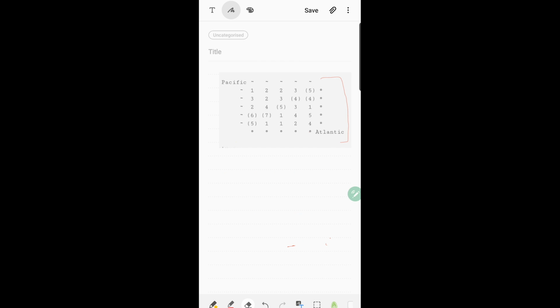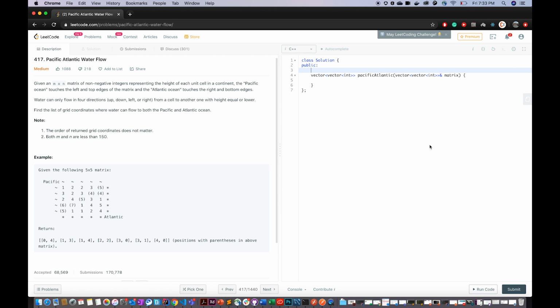So without wasting any time, let's start coding this problem. All right, so let's just start. Now we already know the approach we're going to take, which is DFS. Let's get into the code part. So we write down a function void DFS, and it takes the following parameters. First of all, it takes the original matrix that is given to us. So let me just copy this. Right, so this is the matrix that was originally given to us in the question.